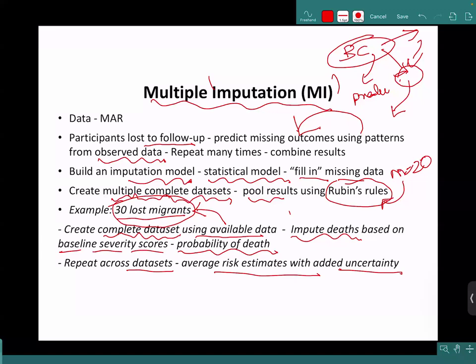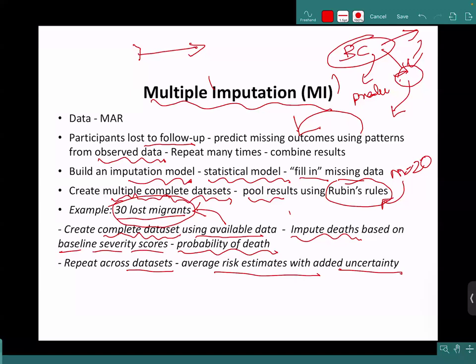Or another thing is, when you are doing follow-up, the last time there was a follow-up, carry forward the status of that person forward. It could be not true for death, but for some other outcome. So there are multiple different ways of doing this imputation, but the safest is multiple imputation, not just depending upon one single statistical model, doing it repeatedly and taking an average, and using some statistical tools to look at the variance. Are you all getting me here?